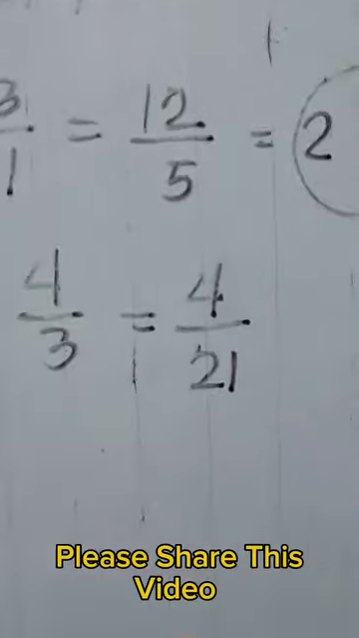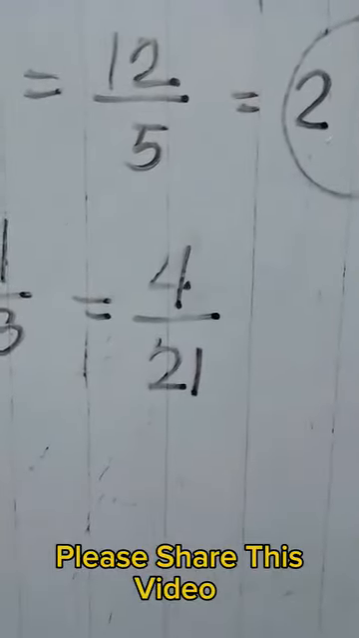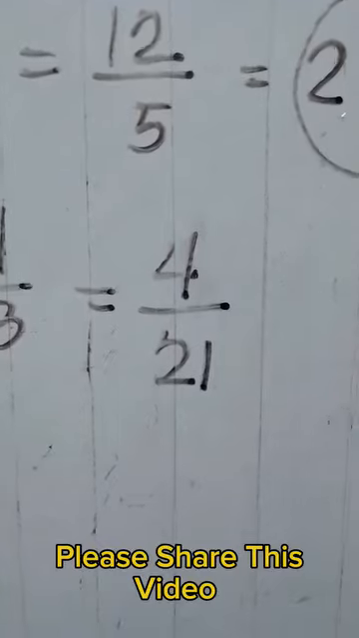So 4/21. There's no number that can divide both numbers, so the final answer is